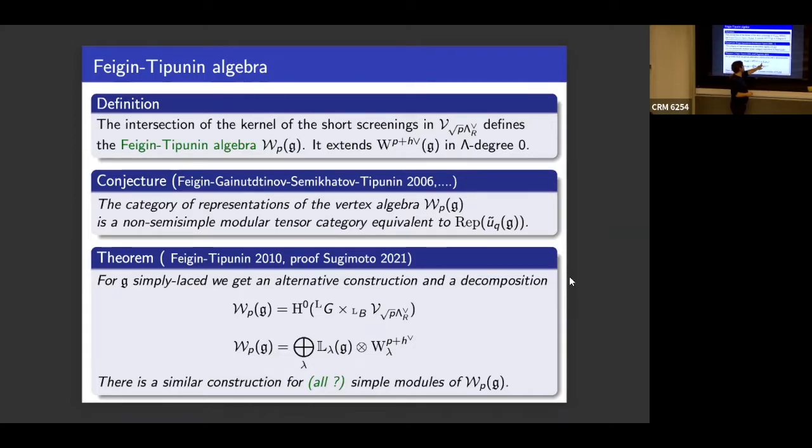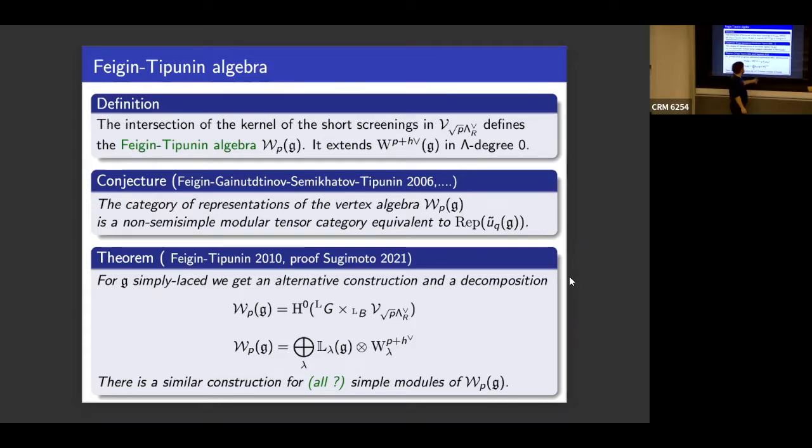And now what you can do from this is, by induction, you can get a bundle over the flag variety. So this is a bundle over G/B. This is the typical thing that you would do when you construct a Verma module, or an irreducible module, as sections of a line bundle over the flag variety. Right? You start with a representation of the Borel, and then you get the respective line bundle over the flag variety, and then you take sections, and you exactly get that.